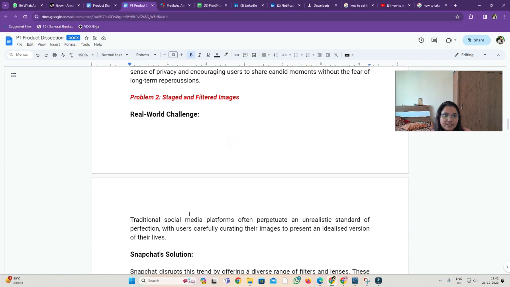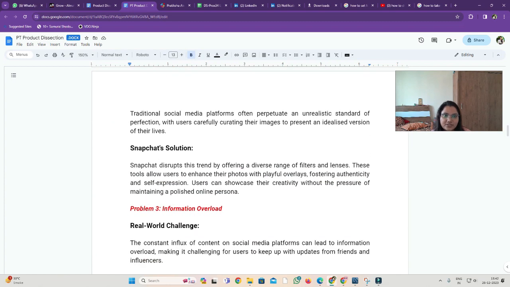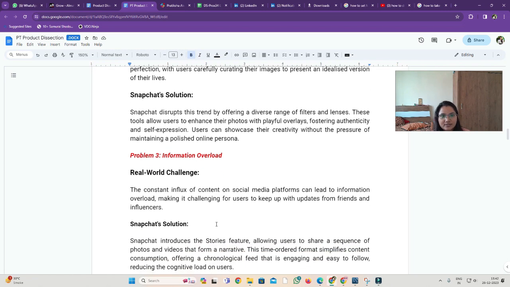The next one is the staged and filtered image challenge. Traditional social media platforms often perpetuate unrealistic standards of perfection, with users carefully curating their images to present an idealized version of their lives. So Snapchat disrupts this trend by offering a diverse range of filters and lenses.